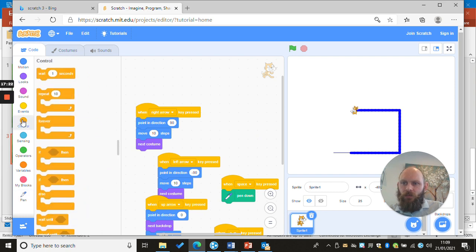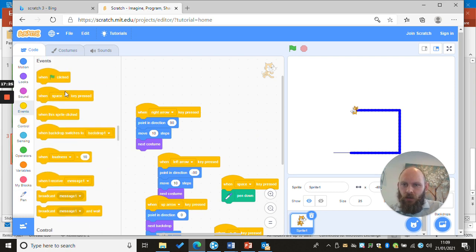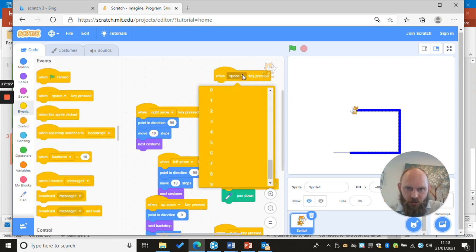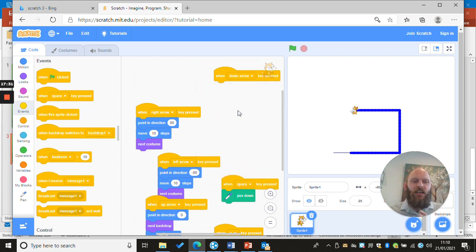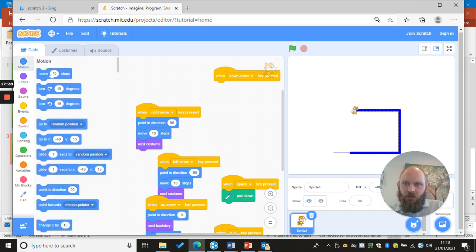If I'm still using inputs, I could say when I press the down arrow, there's different ways. What I'm saying is there's different ways of solving the same problem in coding, and this is what's really exciting and quite fun and creative about it. When I press the down arrow, instead of saying I'd like you to point down and then move 10,